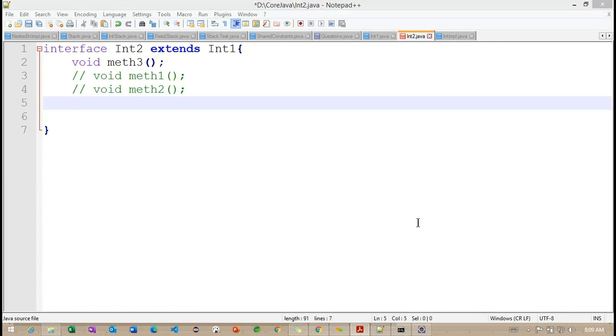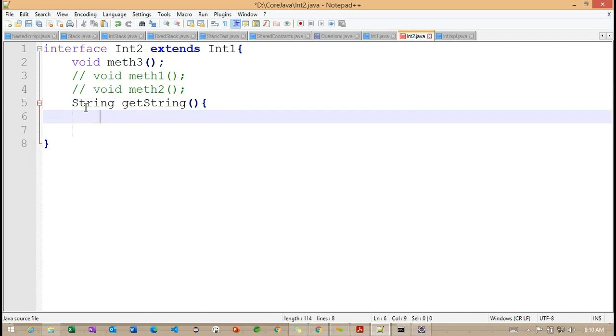Let me provide a simple example here. We have a method that returns some string, getString.